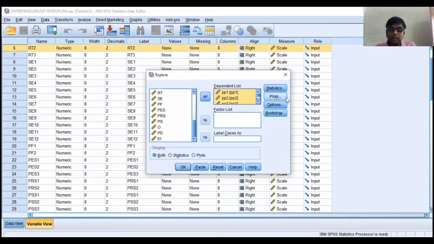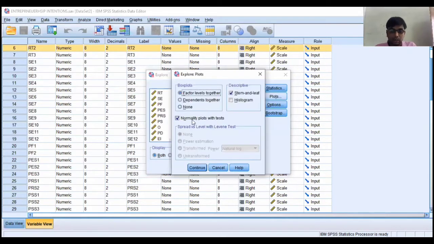Then click on the Plots tab, click on normality plots with tests, and press Continue. Now let's see the output of this.